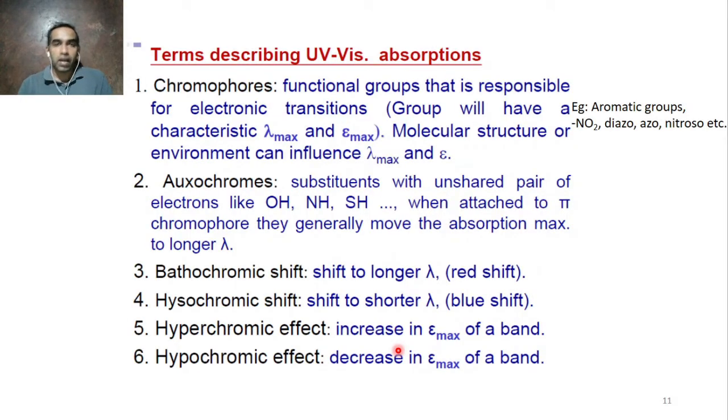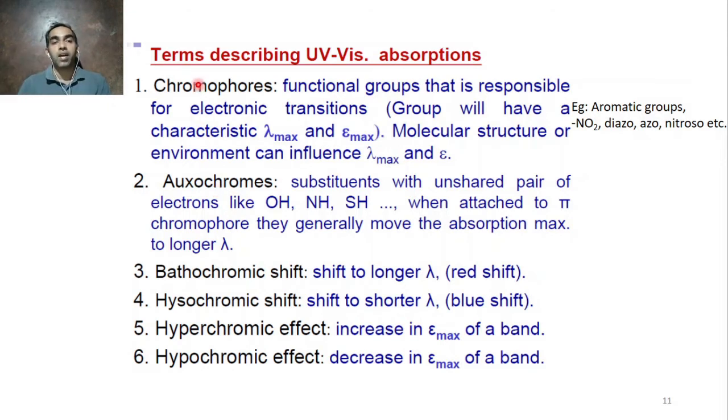Okay, then what you have in this semester is chromophores, auxochromes. What are chromophores? What are auxochromes? What is bathochromic shift, hypsochromic shift, hyperchromic shift? It is hypso, it should be PSO. Then we will see what chromophores are, because these are groups which impart color to the substance, or which are responsible for the absorption of light in the UV region and visible region.